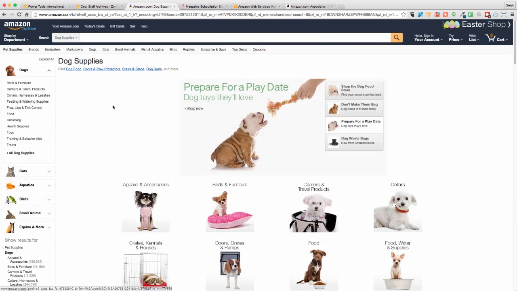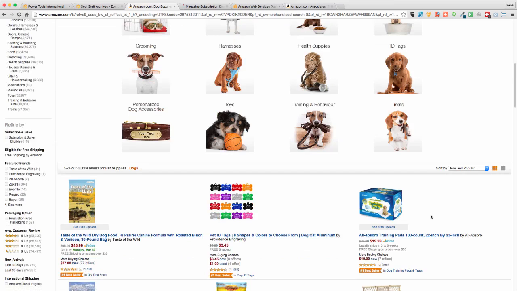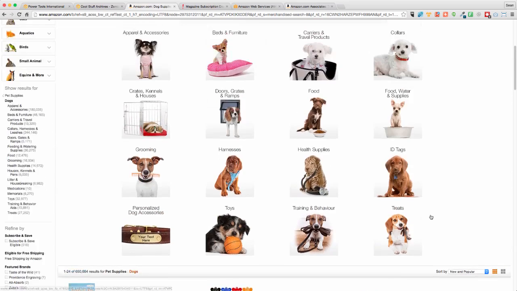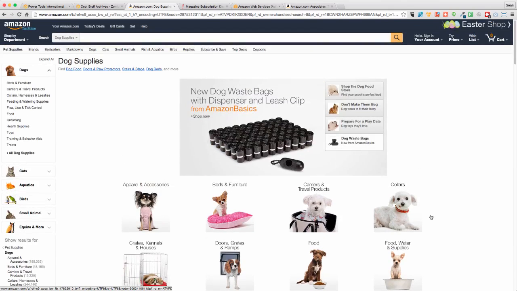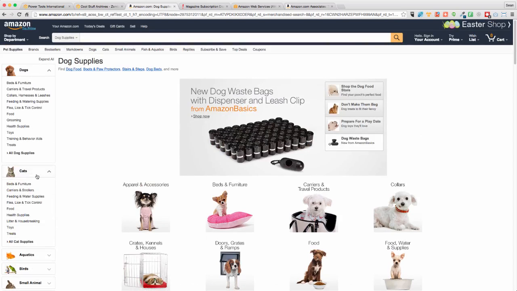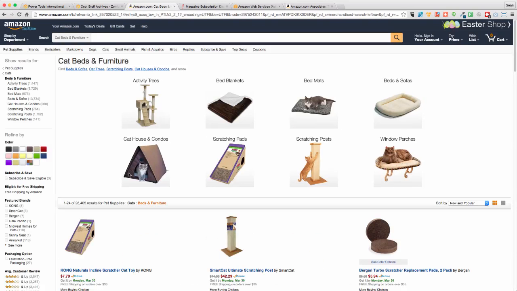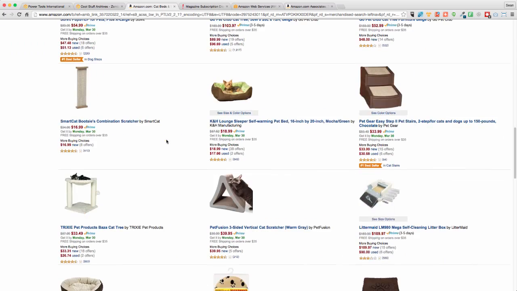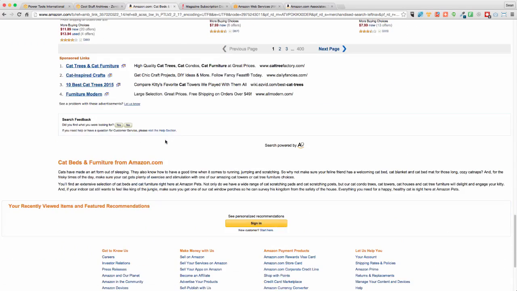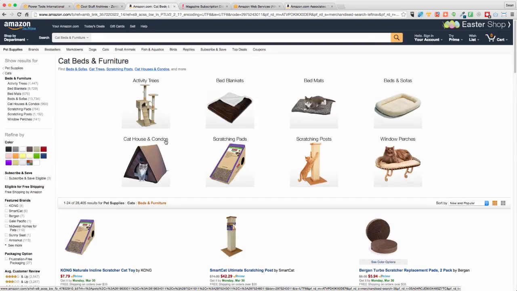But you can get an idea. Boom, done. That's all the other cool stuff right there: all the categories, subcategories, stuff that people like. That's great. Now, let's say if I was a cat person, I'd go over to the cat section and say I wanted to dig into what's in the cat beds and furniture. And each one has a subcategory. Okay, fine. But that gives me some great avenues and ideas about how to dig into this.